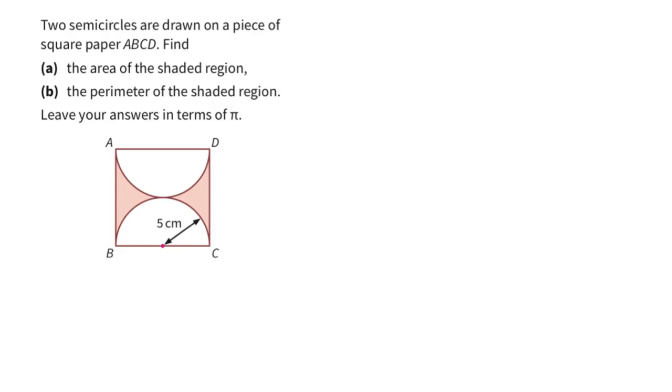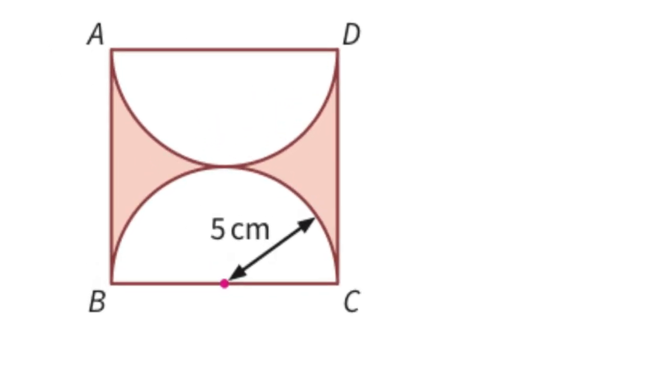Hello everyone, welcome to this question where we are given two semicircles that are drawn on a piece of square paper, ABCD. We are also given the radius of the semicircle. For those who don't already know, if the radius is 5 cm, it simply means that this is also 5 cm, 5 cm. So the